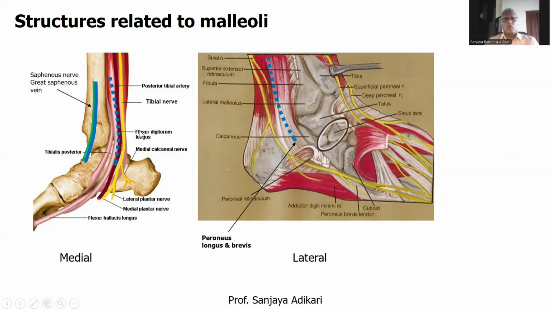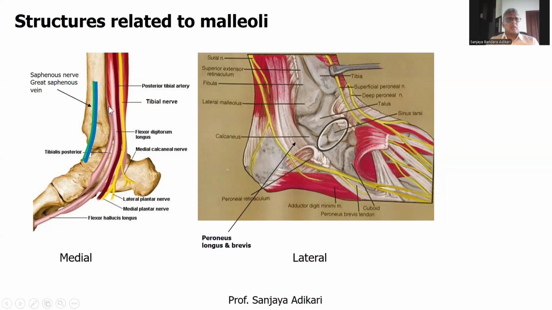Then on the lateral aspect, as we said before, posterior to the lateral malleolus, you get small saphenous vein, which is shown in dotted line here, and the sural nerve. Now, these are the superficial ones, and deep structures. Again, if you go to the medial malleolus,